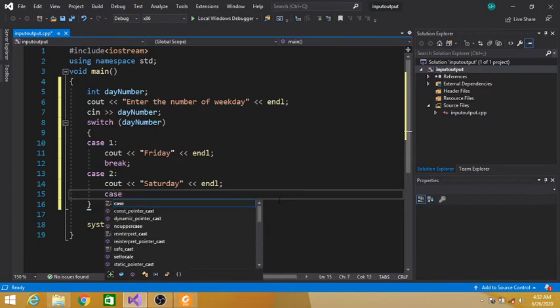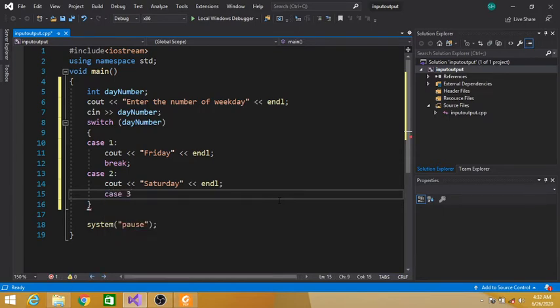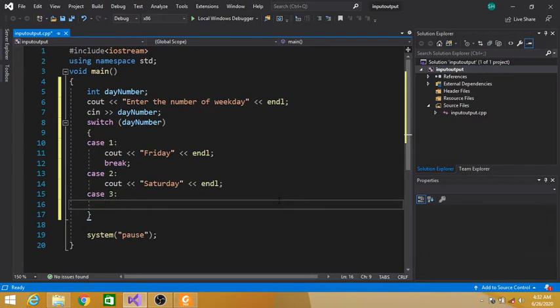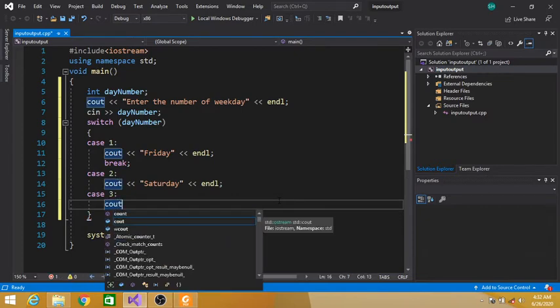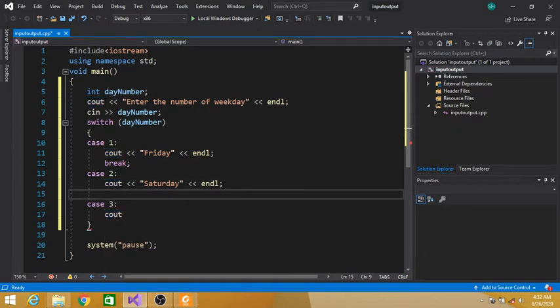See, case 3 colon, cout, break. We have to place break after each case.